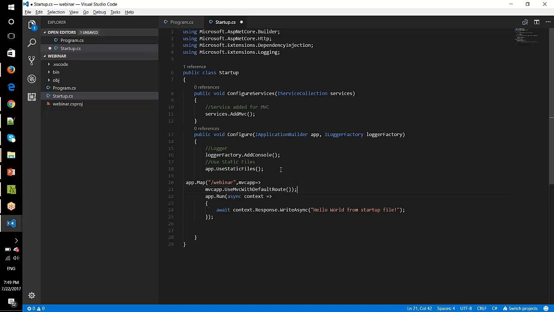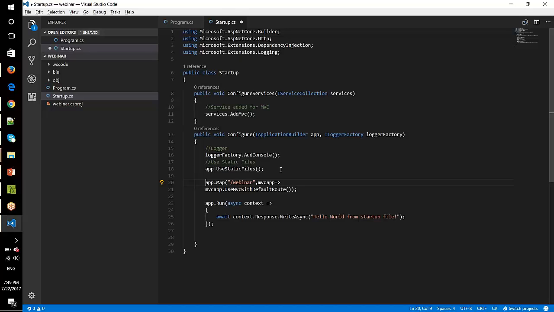In the next webinar, maybe we can understand middleware ordering, how to map things, and why it is important. But for the time being, just understand that anything which comes after Run is not going to be reached, so you need to place it accordingly. It's like routing. When we do route config, any greedy route that comes before is going to be picked up first and is going to run. Same way, if Run comes first, this one won't be reached if it comes later. So it has to be placed before that. Now, with that being said,